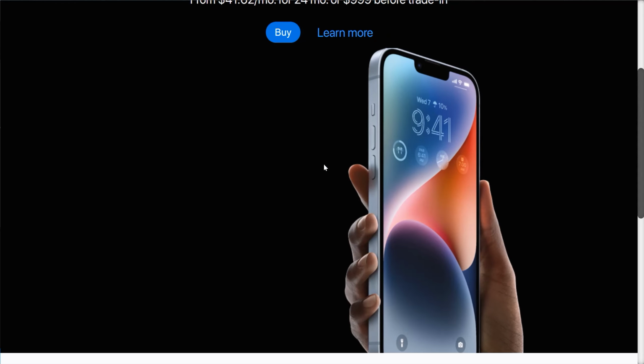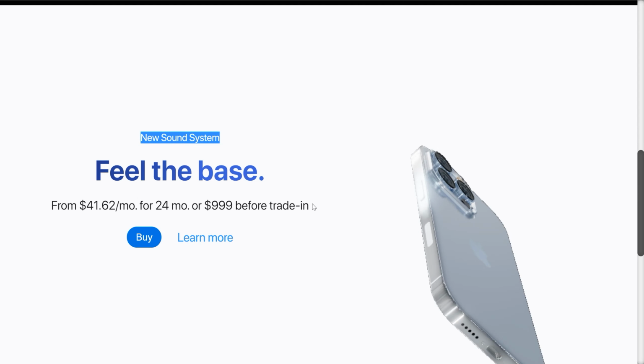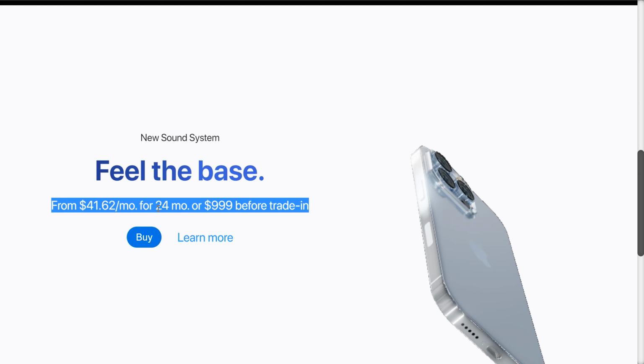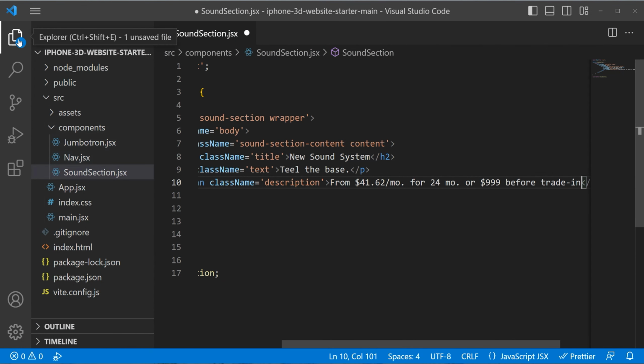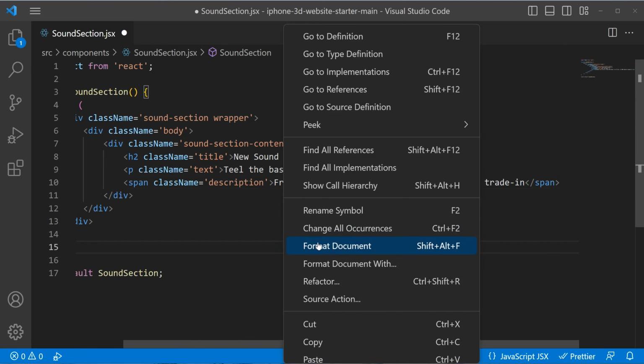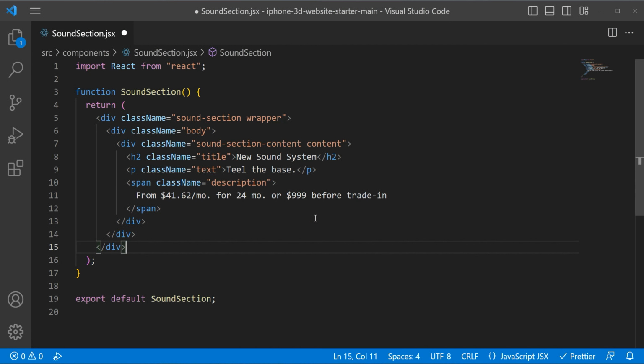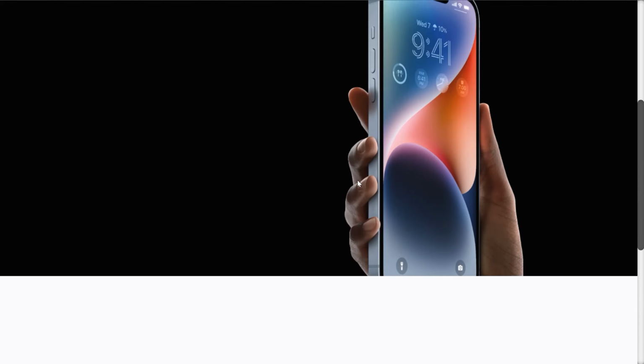For the text, I can copy from the final version, so I don't have to type it out. Here, let me close the folders and let me format. Let's save and preview. Now, the reason why you can't see anything on this section is because this section has opacity set to 0. And later we'll use GSAP to add a fade-in effect here. So let's remove the opacity so we can see it